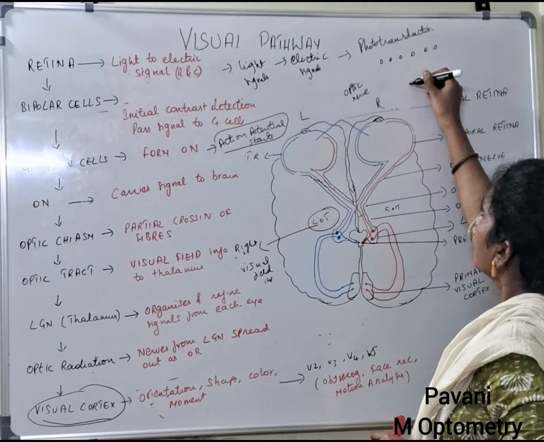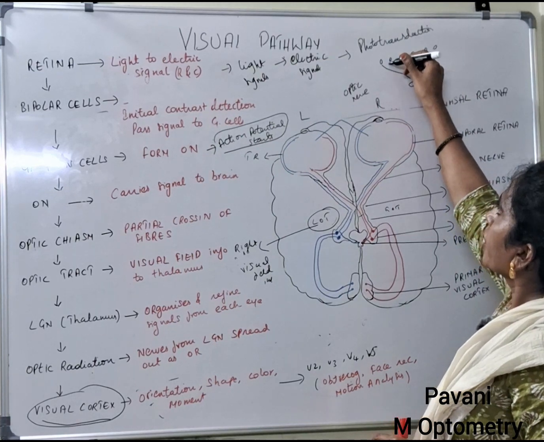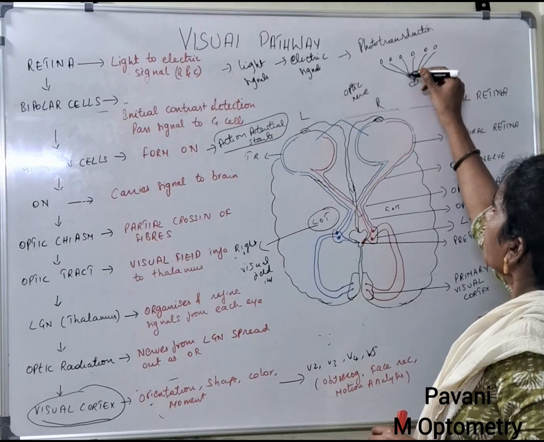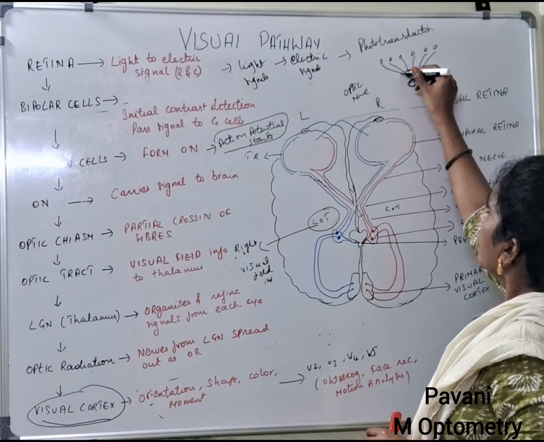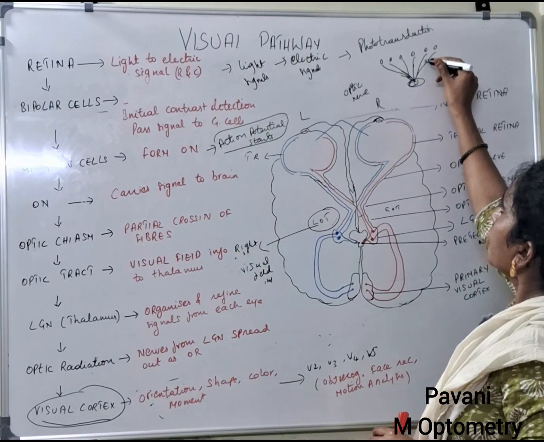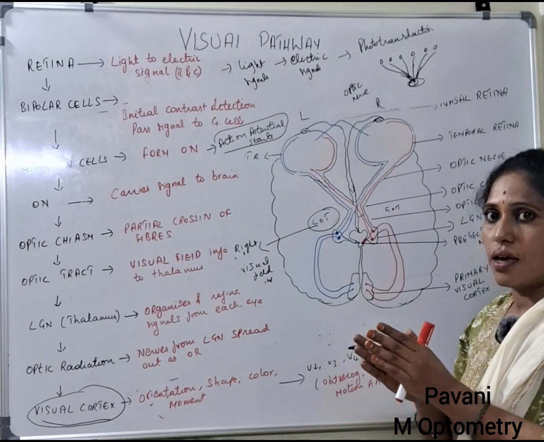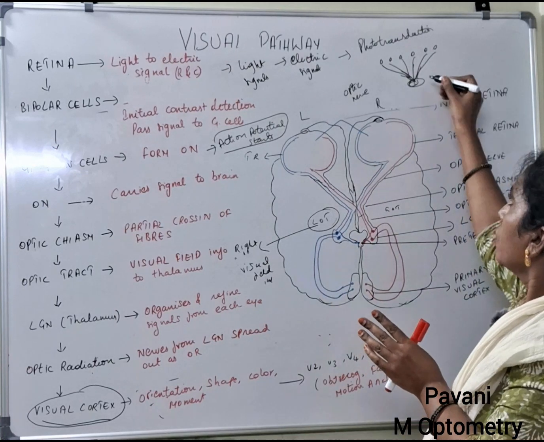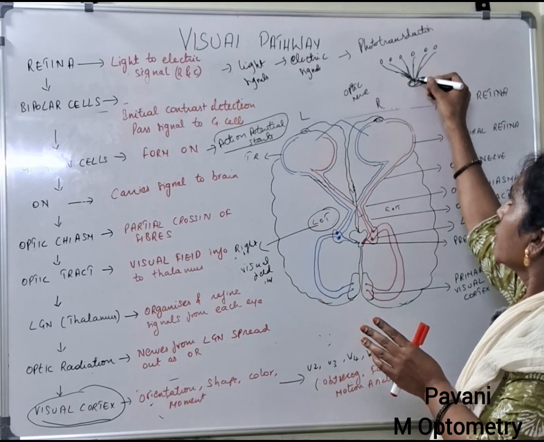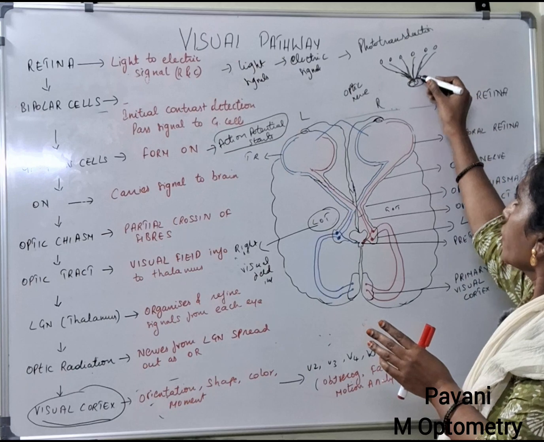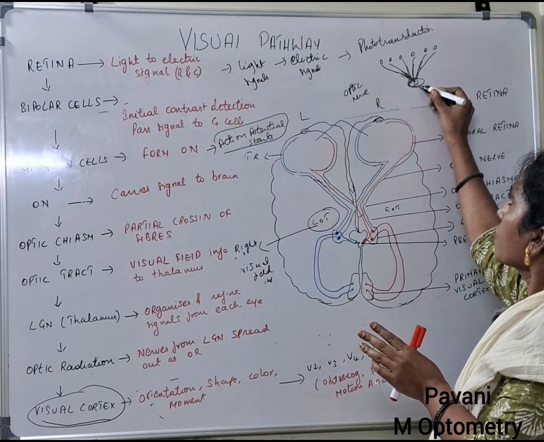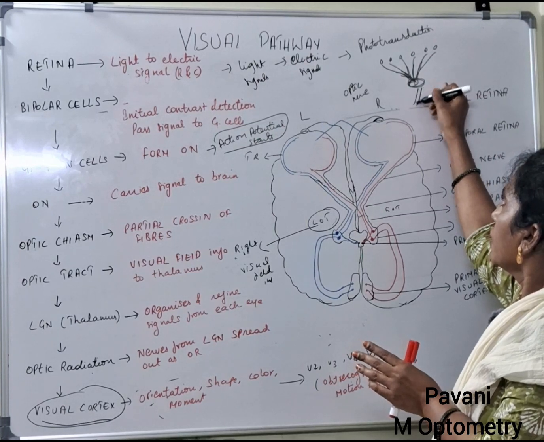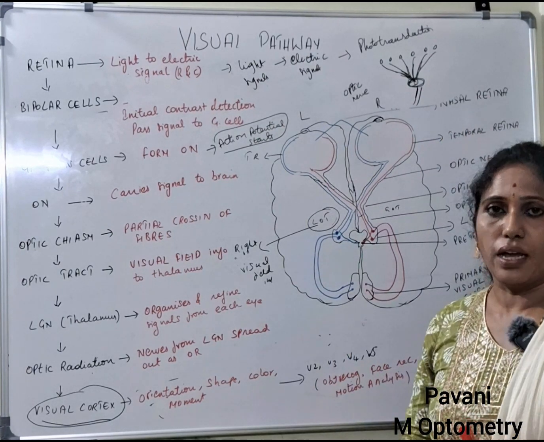When you talk about the ganglionic cell, we have n number of ganglionic cells. All the axons of the ganglionic cells will converge at one point. That point is known as the optic disc. These axons converge and form a single bundle to form the optic nerve. The place where the axons of the ganglionic cells converge is called the optic disc. Through this optic disc only, the optic nerve comes out from the retina.